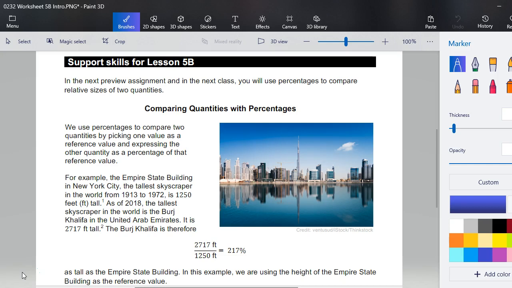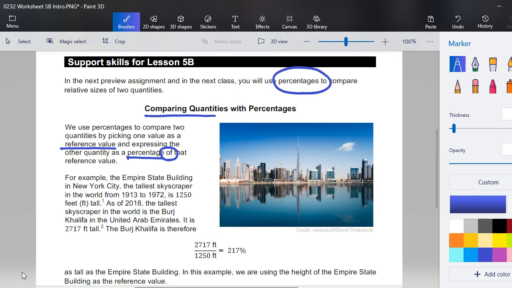In the next preview assignment and in the next class, you will use percentages to compare the relative sizes of two quantities. So to begin comparing quantities with percentages, we use percentages to compare two quantities by picking one value as a reference value. I had mentioned earlier about you starting a glossary or using sticky notes or flashcards or Google Docs, something to keep up with vocabulary words, processes, formulas, ideas. Here's a word that needs to be added to that list, reference value, and expressing the other quantity as a percentage of